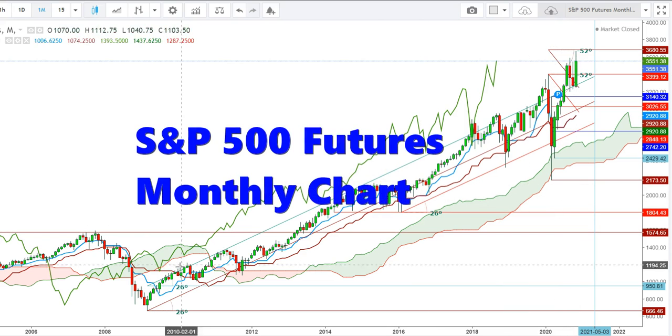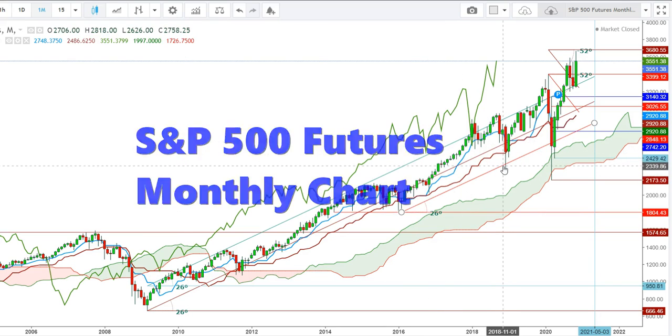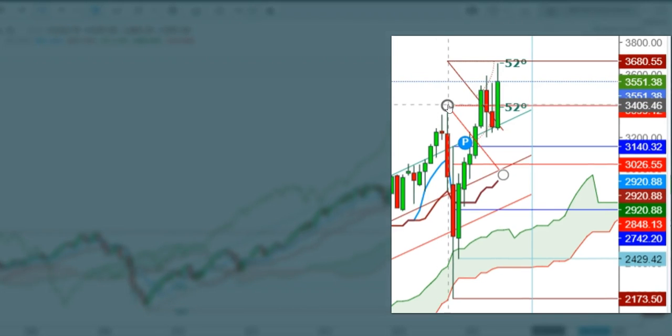So let us start the day to analyze the movements of S&P 500 futures in different time frames. So friends, here you can see a monthly chart of S&P 500 futures. After a steep fall during the month of March, it found a strong support at the upper end of Ichimoku cloud in a monthly time frame and continued this uptrend up to here and